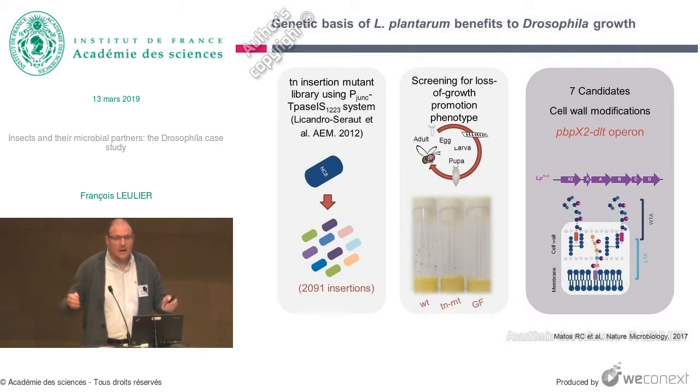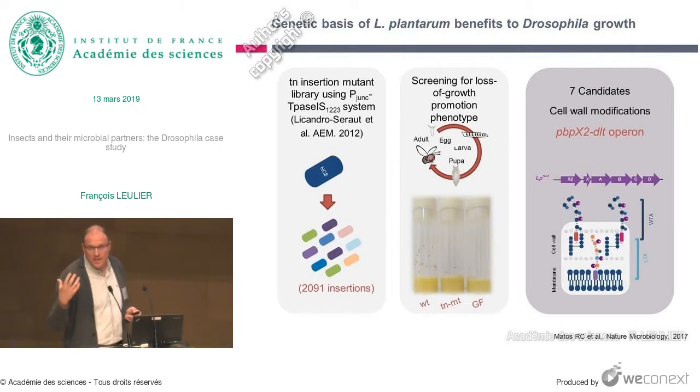And that operon encodes a machinery that is known to add alanines on teichoic acids, and teichoic acids are another component of the cell wall of gram-positive bacteria. Knowing that peptidoglycan sensing is very important for the phenotype we observe, we were very intrigued that we recovered a gene that affects another structure of the cell wall in our screen, so we decided to focus on that gene.